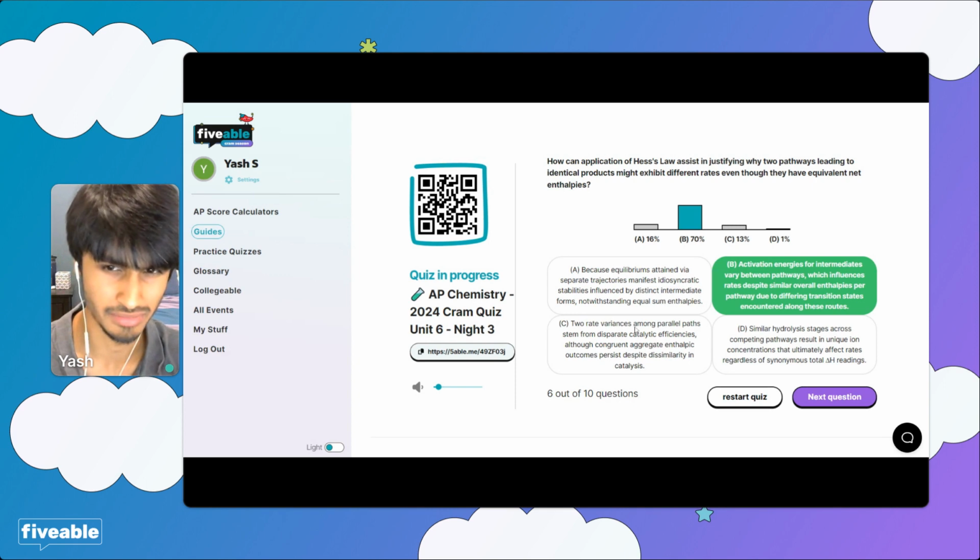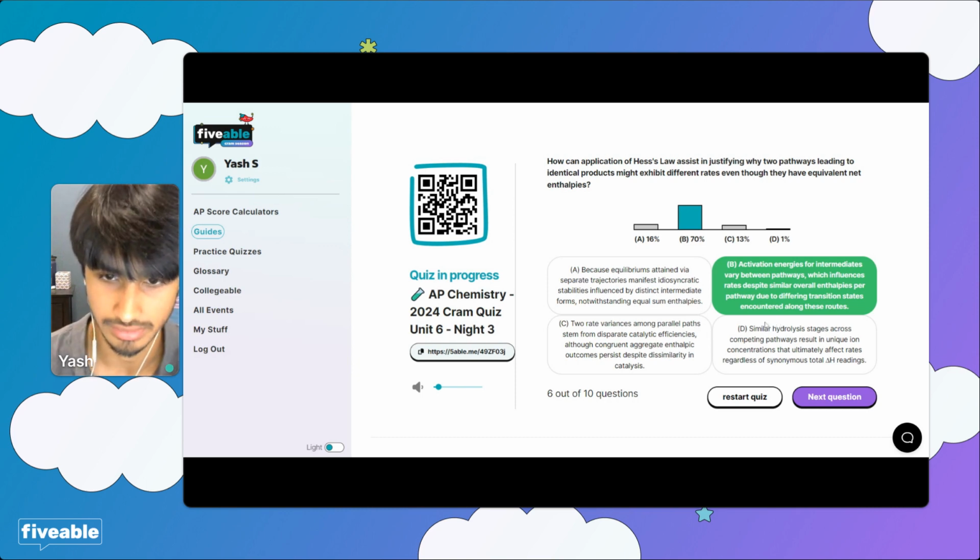You can immediately eliminate A. It's basically saying a whole lot of nothing. C, we never even brought up a catalyst in the question. And D, you don't even learn what a hydrolysis is, at least not to my knowledge, in AP Chem. So you wouldn't be selecting D. If you can recognize all the words in B, it's probably going to be right.